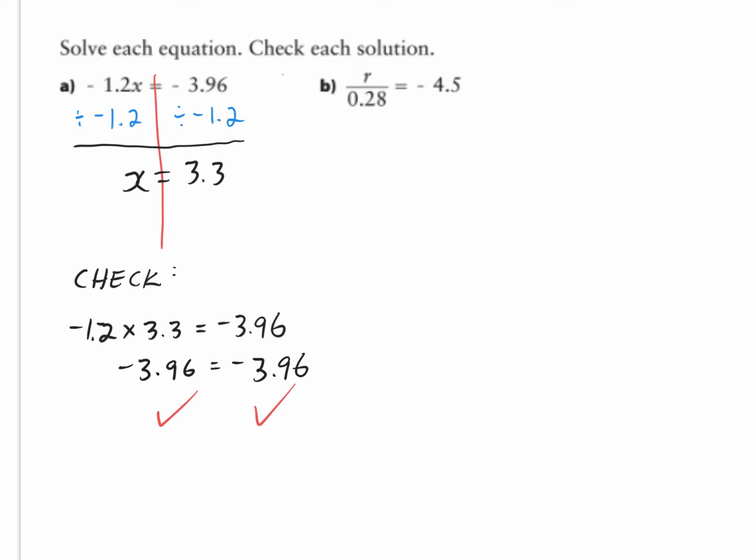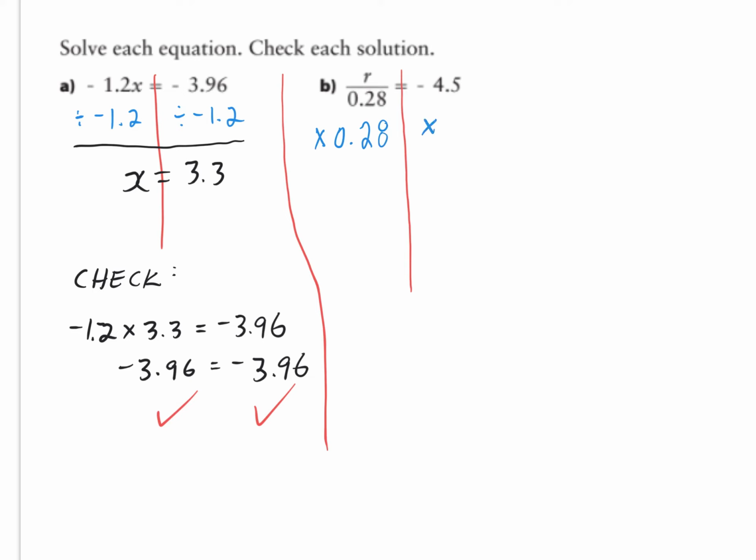Let's look at B here. So B, we've got our variable r, we're dividing it by 0.28, and we want to see what number we divide by 0.28 to get negative 4.5. So we draw a line through our equal sign, and this is the variable divided by 0.28. So to cancel this division, we do the opposite, which is multiply both sides by